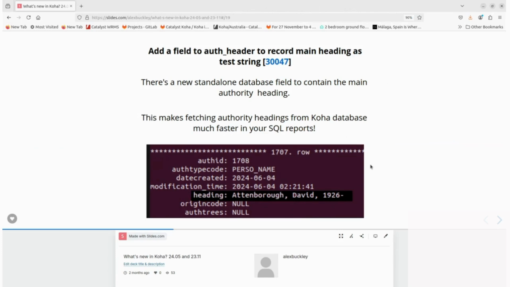Why is this helpful? Previously, if you have an SQL query that is querying the auth header table, so you're querying authorities, if you wanted to fetch and pull out the main heading, you'd have to use something called extract value, which is basically a bit of SQL code that is searching for a needle in a haystack. It's going through all of the different MARC fields for an authority record, and it's trying to find the main heading and then pull that out. This was very resource intensive, and it took a long time because it had to search through lots of different MARC fields